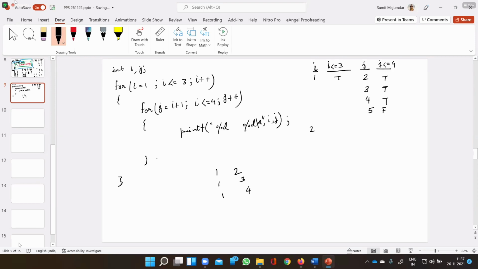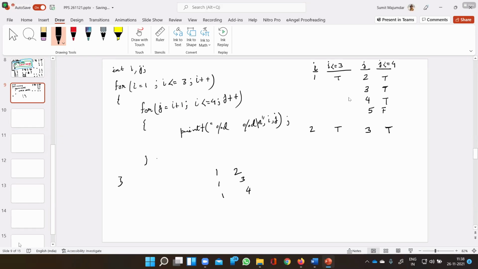Now i is less than 3, so it is true. And now j is equal to i plus 1. Wait, i is 2, so j is equal to 3. j is less than 4, so it is also true.